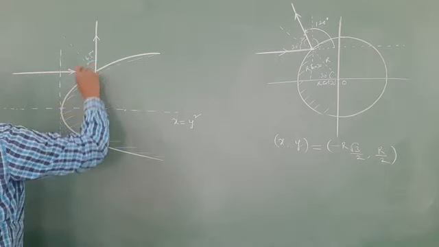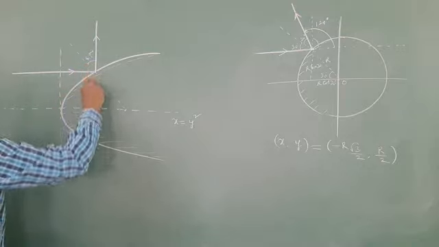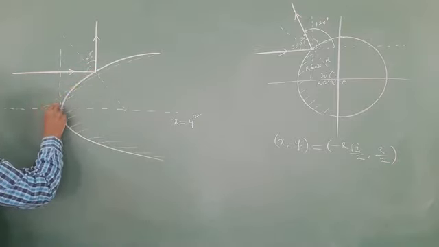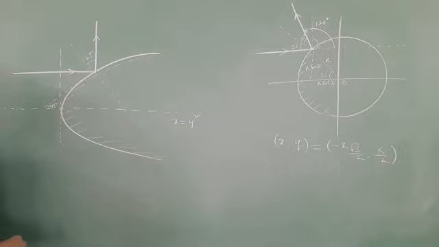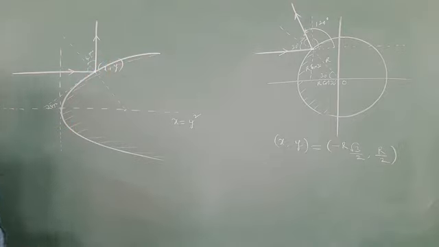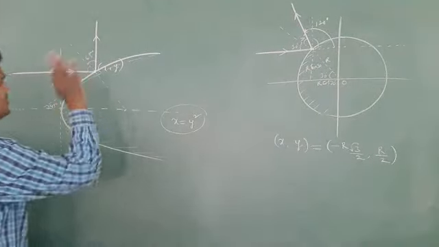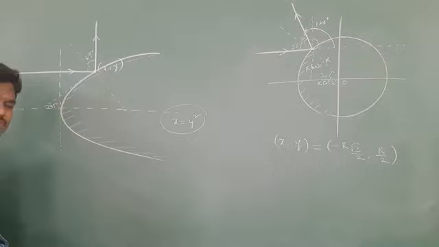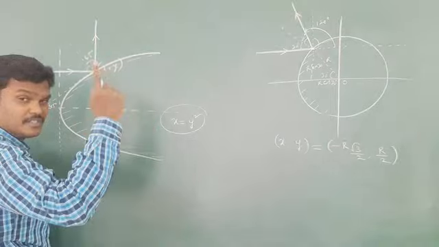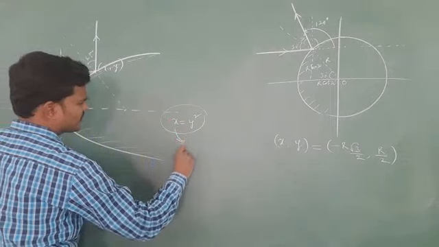theta is 45, again theta is 45. So this is also 45. If I draw the tangent, this is also 45, the left side it will get. Now they are asking what are the coordinates here, x, y. Use this equation to get the x coordinate and y coordinate. Anyhow, theta is decided as 45 degrees, so dy by dx is tan theta, tan 45, so dy by dx is equal to 1. Dy by dx is 1 means you just apply differentiation for this.